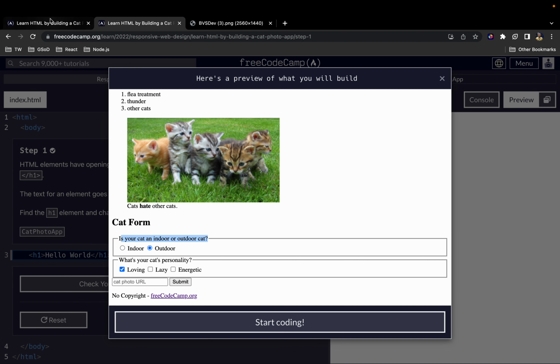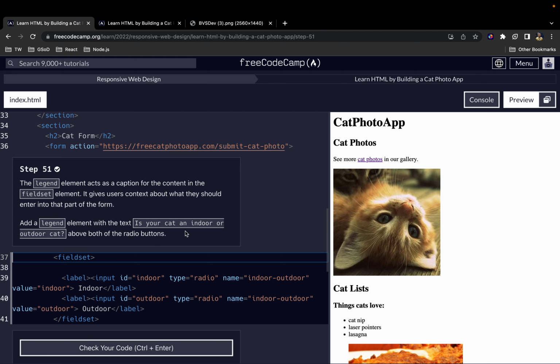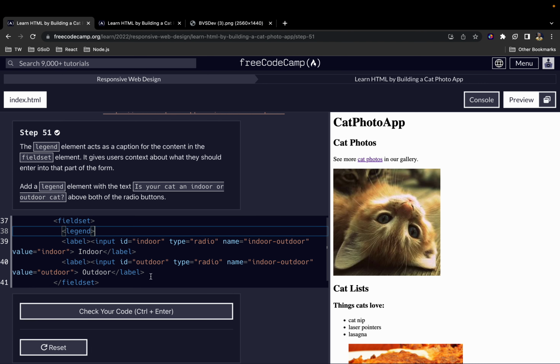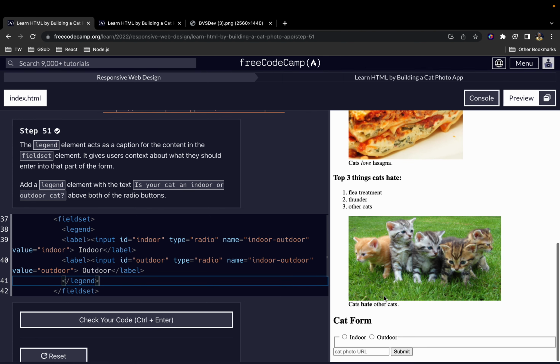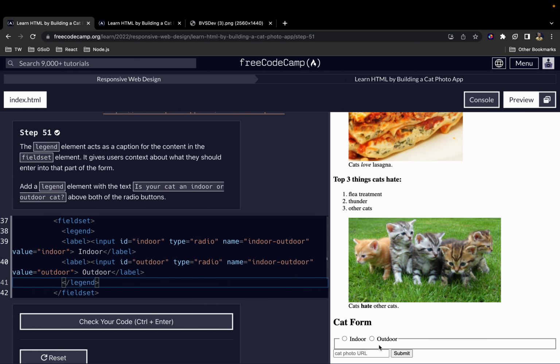So it's a legend element. The way you add it to your form is to just use the opening legend like so, and then use the closing legend like so. So I'll cut this and add it to the ending parts like so. So from there you can,